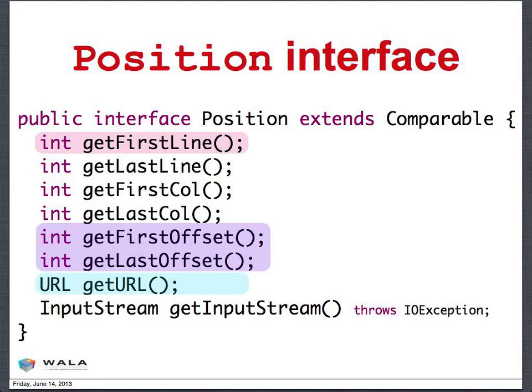All right, and that is sort of a whirlwind tour of various aspects of how we attempt to model portions of JavaScript in WALA and how we reflect the information that we preserve from the front end into